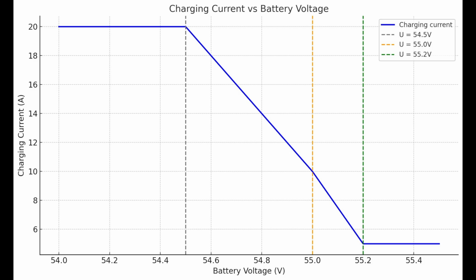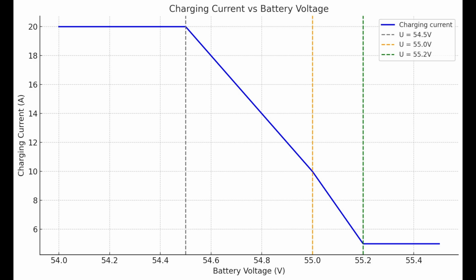Also from tests, I discovered that the imbalance of the cells starts at about 54.5 volts. So my function will reduce the charging current